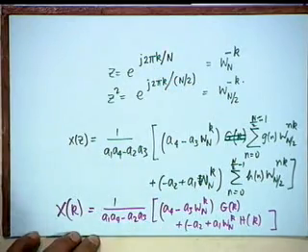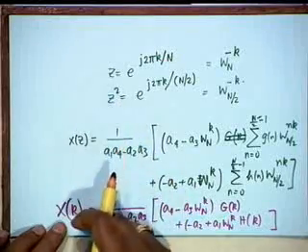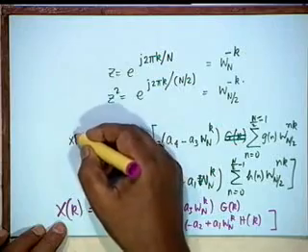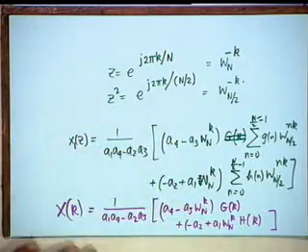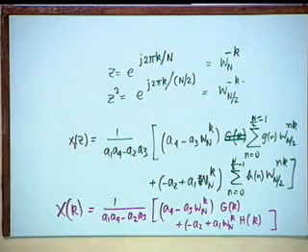there is a problem here. In the formulation of the problem itself, we should have distinguished between them. What should we do? Let us change our x of z. Let us keep x of k. Do you understand the difficulty? So let us call this x1 of z. The z transform we change to capital X1 of z. We can't use x of z and x of k both here. Okay.